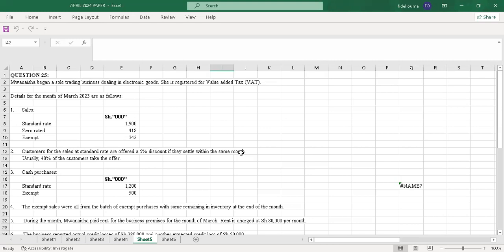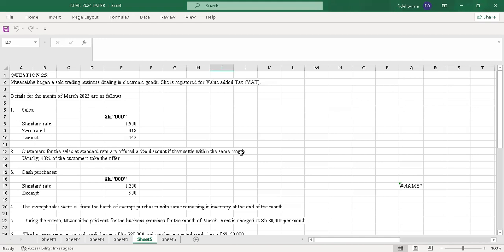Then there's also debit notes issued. There's credit notes received. Then we have the closing inventory on the side of the output VAT. The balancing figure will have either VAT payable or VAT refundable. So the VAT refundable will be on the output side of the output VAT. So without much ado, I'll start this question,